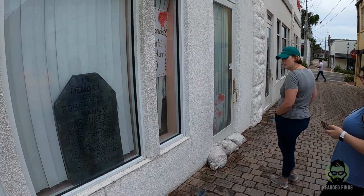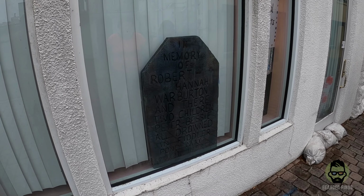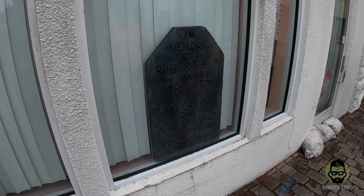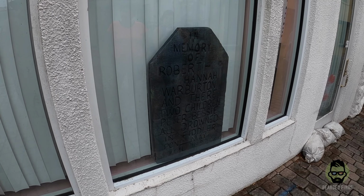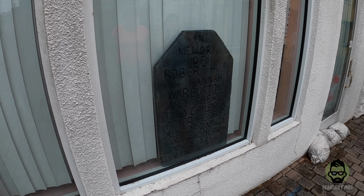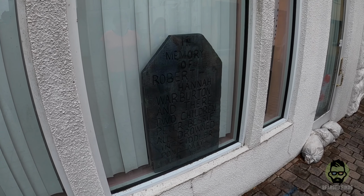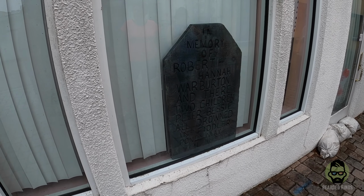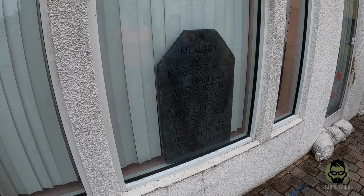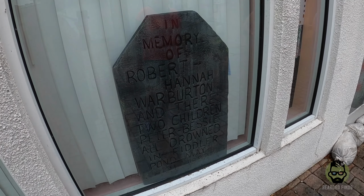So we're walking down the street here and we've come across this old tombstone. This is a true story. It's a fake tombstone in a window. And the story goes that a family was on their way to Mount Dora from Eustis and they stopped at a lake to get water. And the lake was actually a sinkhole and the horse pulled in the carriage with the entire family in it. And their bodies were recovered about 4 days later, by somebody who just happened to pass by and saw the top of a carriage floating in the lake. That's so sad. And they lost the mother, father, both the children, and the horse, and all of their belongings. This happened in May of 1882,